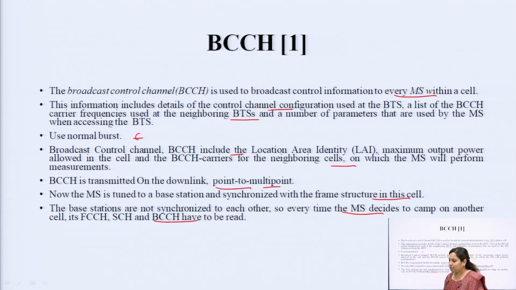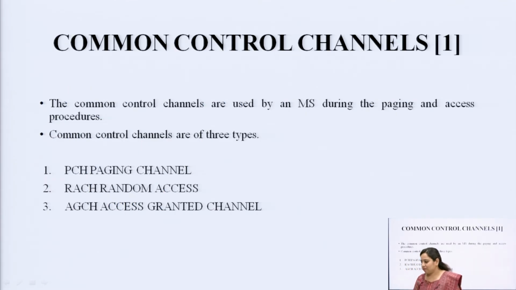So, that is the case with the broadcast control channel. Now, next comes the common control channel. The common control channel is used by the MS during the paging and access procedures. Common control channels are of three types: first one is PCH, then RACH, random access, then AGCH, access grant